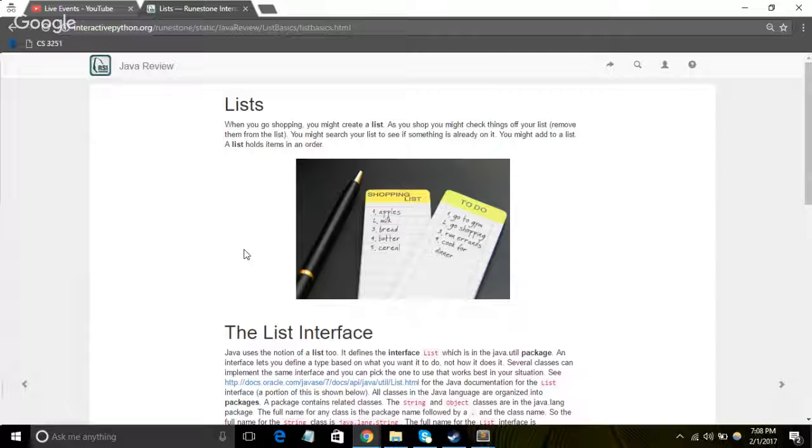So array lists are very similar to arrays. There's a few syntax things that are slightly different, but the main difference is that array lists allow you to keep adding things without even a specified limit, which is pretty useful because then you don't have to,